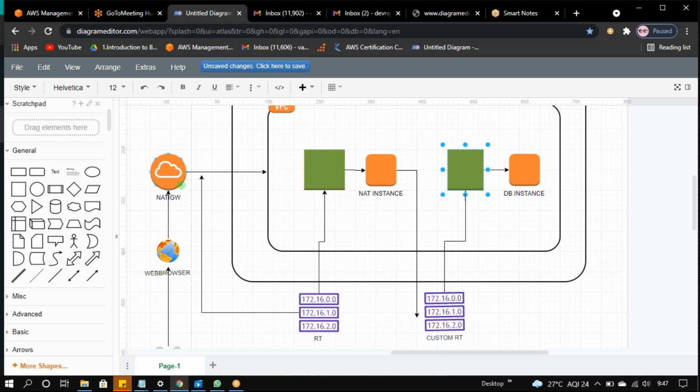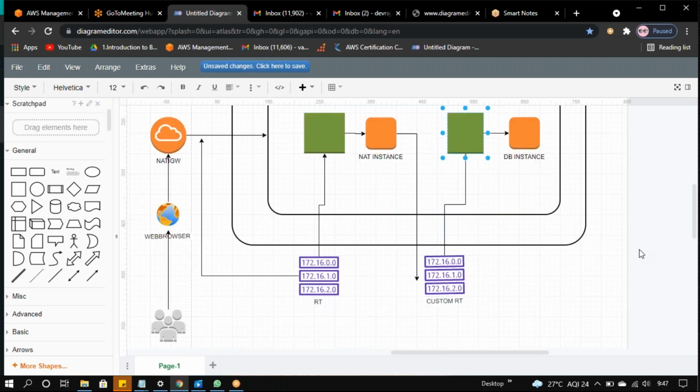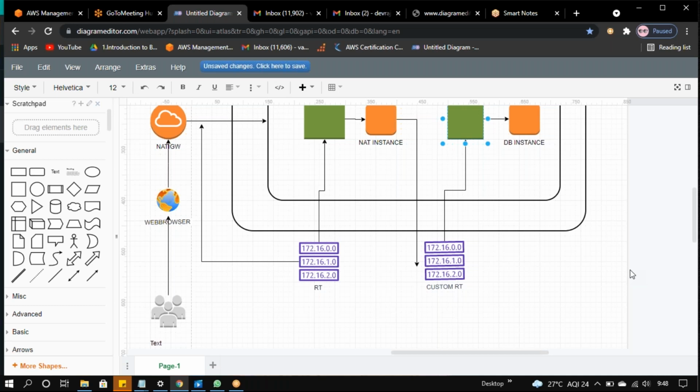But how can we find that? See, that's the concept of why we are giving this route table. Generally, this diagram shows that the web server will go to NAT, internet gateway, then based on the routing table it will route to the respective network. If the routing table is attached to the IGW, then it will reach. Based on that, we can find whether it's a public or private network. But how can we find the routing tables? First the request goes to the IGW, then it goes to the routing table, correct?